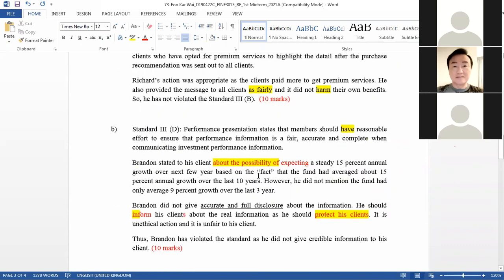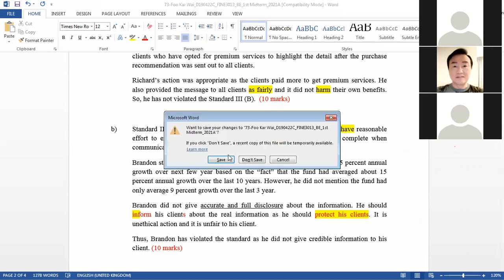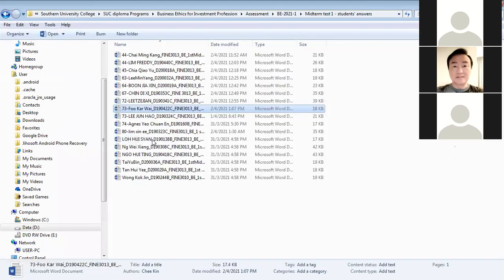Okay. Any question, Fu Kawai? We have 30 seconds left. If not, we end the session. Fu Kawai, any question? All right, thank you. So now, I'll stop at Fu Kawai. So Lee Junhao, Agnes Yeo, Lim Xin Yi. I will go over your